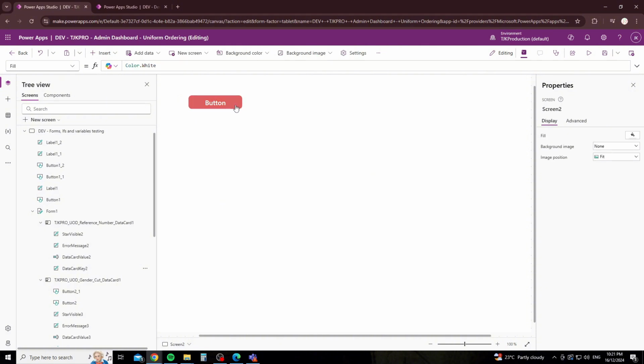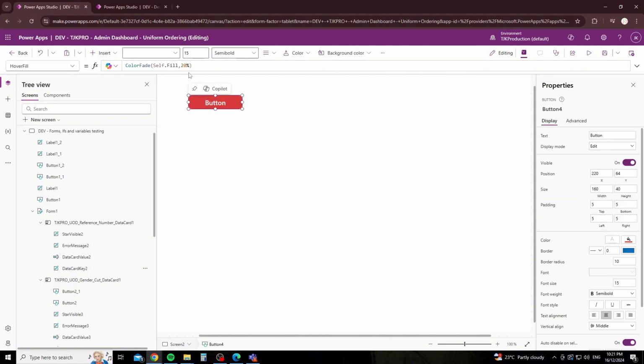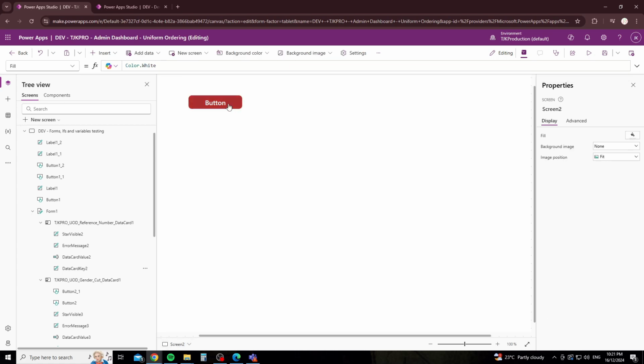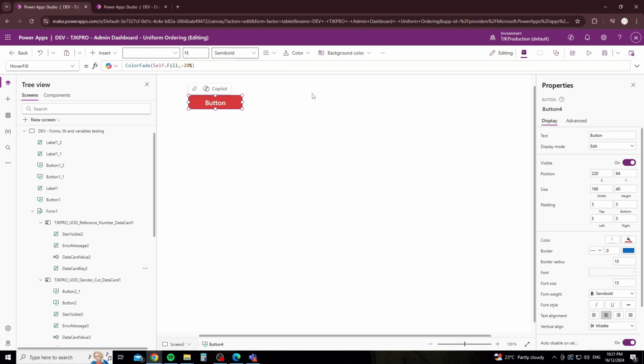And now when I hover over it, it's very light. And if I want it to go darker instead, I do a minus. And you can see it goes darker. So what I would normally do, right, if this is press here,